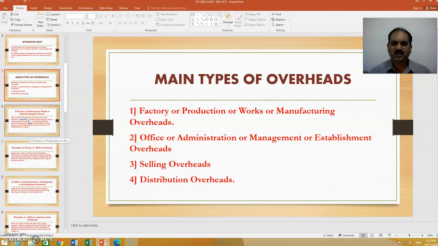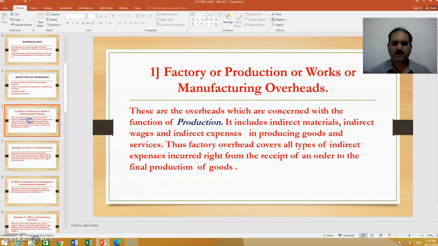Now let's see each type in detail. So the first is factory overheads. Factory overheads are also known as production overheads or works overheads or manufacturing overheads. These are the overheads which are concerned with the functions of production. It includes indirect material, indirect wages and indirect expenses in producing goods and services. Thus, factory overhead covers all types of indirect expenses incurred right from the receipt of an order to the final